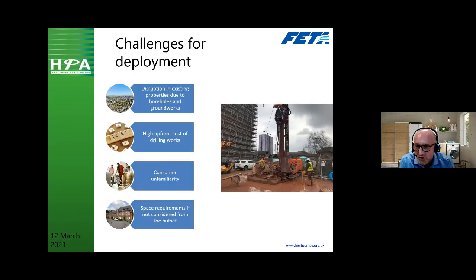So there are challenges, okay, challenges for deployment with ground source, and probably the big one is disruption, and that may be probably more on new build, disruption to new build, where people have already got the gardens and roads and pavements. But on a new build installation, you've got groundworks to be done anyway. When you have a new